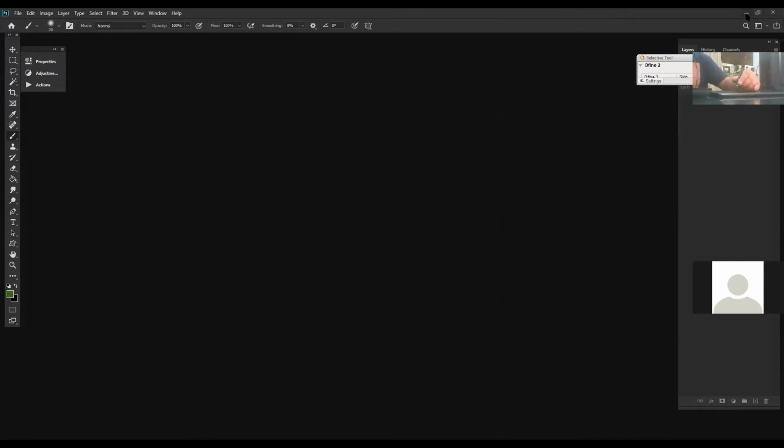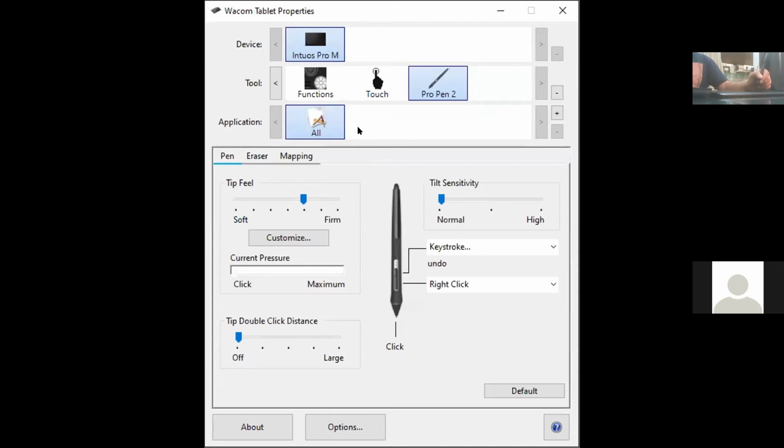So let's come down to our settings a little about the pen tab. Can you see the pen tab screen right now? Yes, sir. Okay, fine. First and foremost, I'm using a Wacom Intuos Pro. For the applications that you use, you have to keep in mind assigning that application.